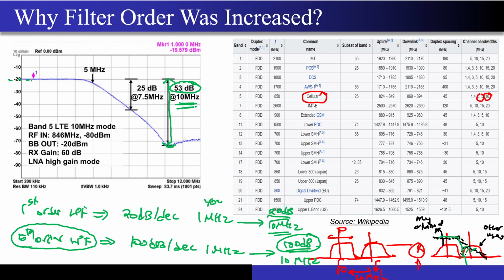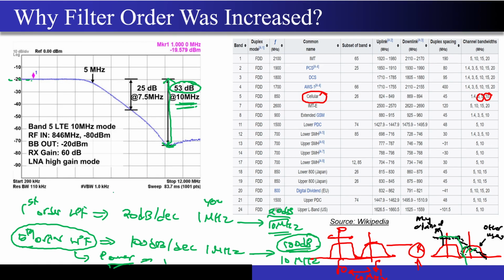And what do you compromise for getting a higher order filter? You are going to use more and more op amps, so you are going to consume more and more power. Also, since these op amps, if you have a very large signal, can go into the non-linear mode, they can create non-linearity at the output, so you may get some spurious frequency components at the output as well, correct?